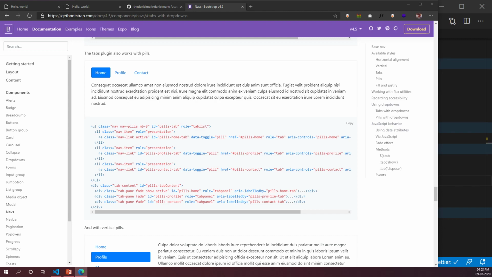Preeti, are you still sharing your screen? Yeah. Okay, yeah, you were sharing your screen. Okay, I got it. Show me your HTML code again.